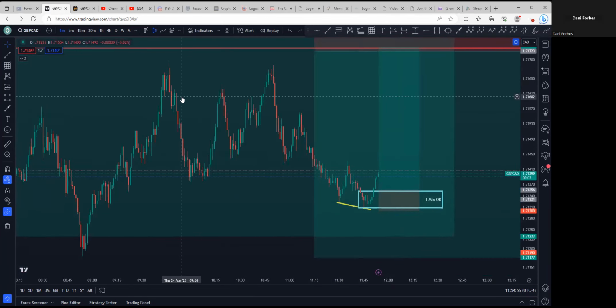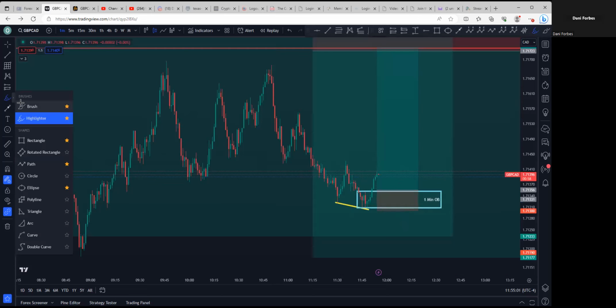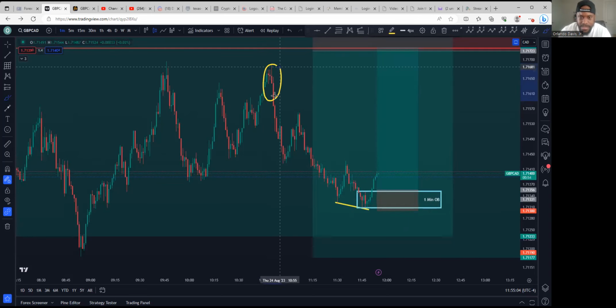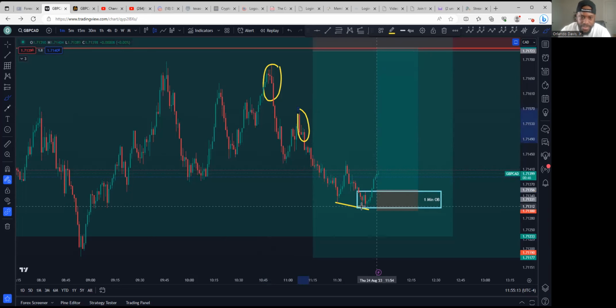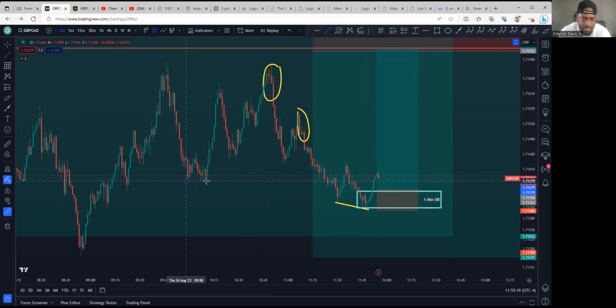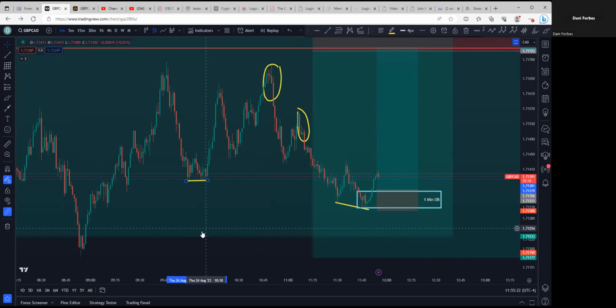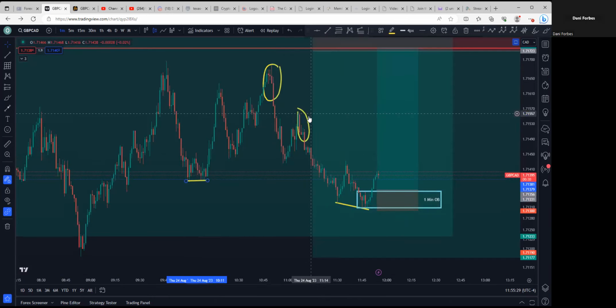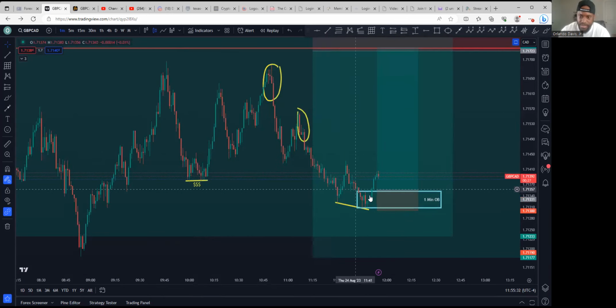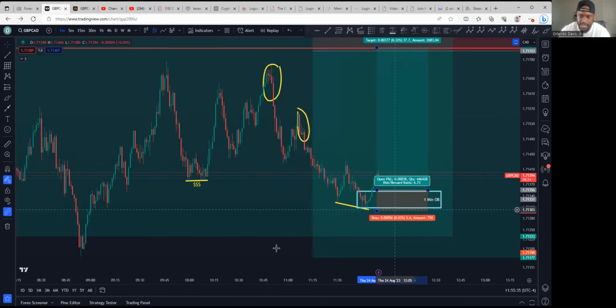Now how am I looking at this? Look at this, bro. We have one open imbalance. Price diverged right here on the lower time frame, consolidated. We got two open imbalances. So we knew a divergence, a reversal was coming. Right here, we have equal low liquidity being taken. Right here, we got liquidity being taken. So 1 minute liquidity below. Price took that liquidity, decided to diverge, and we're looking for price to come back here and smack this,